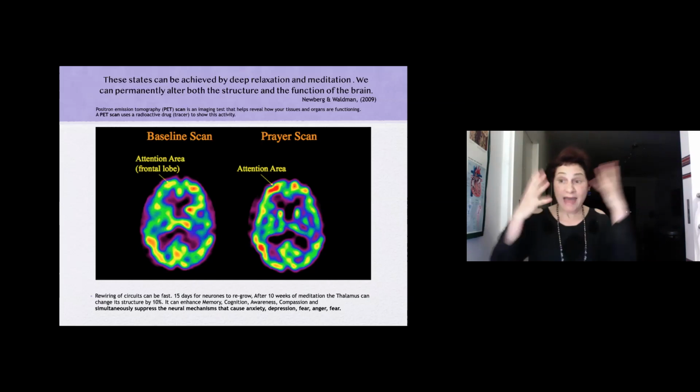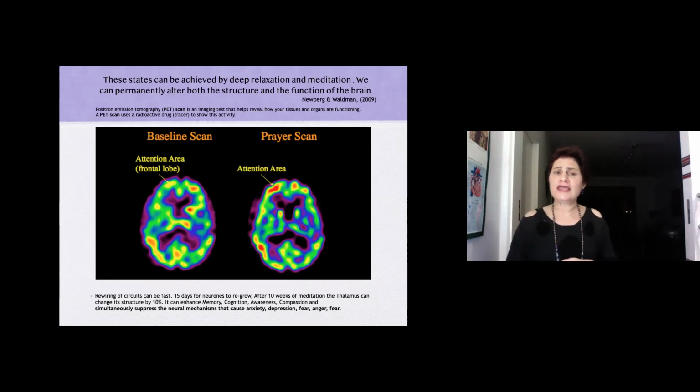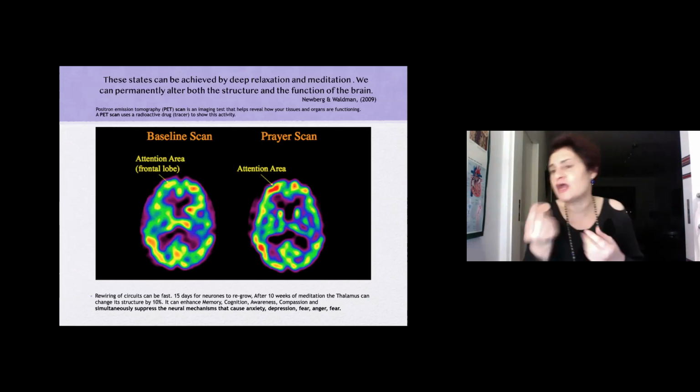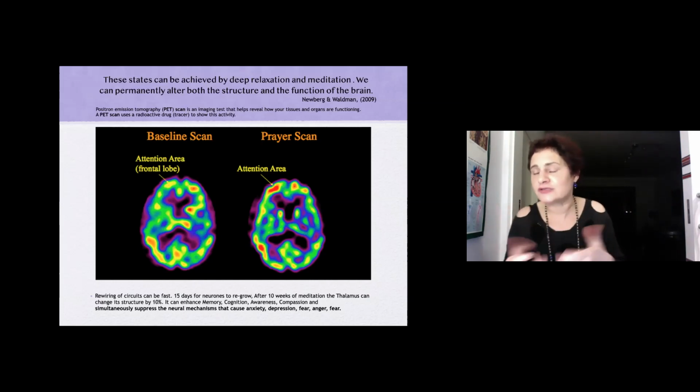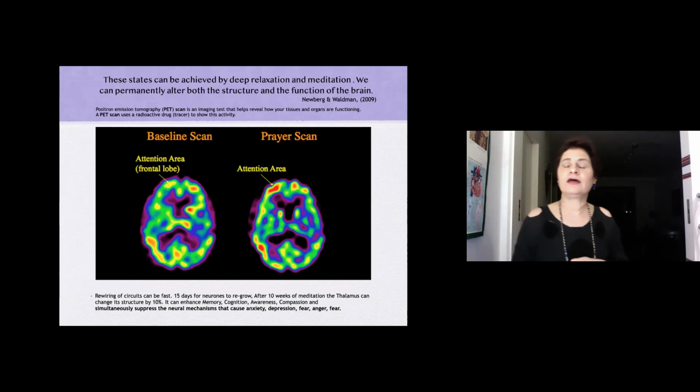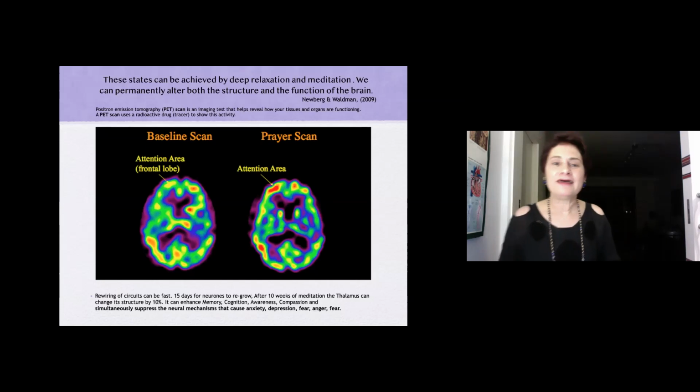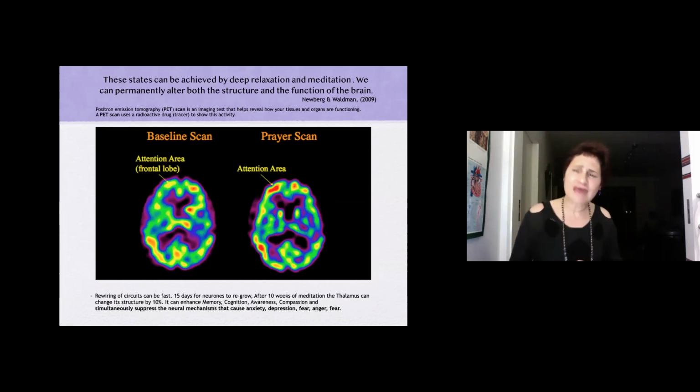So it gives a map. They've been using a radioactive drug, a tracer, to show these activities. So the people are injected with this radioactive drug,